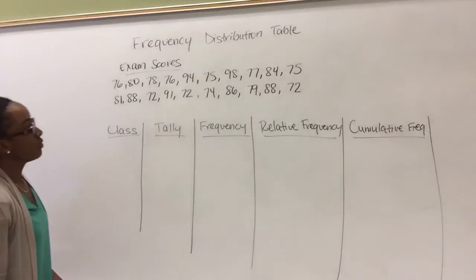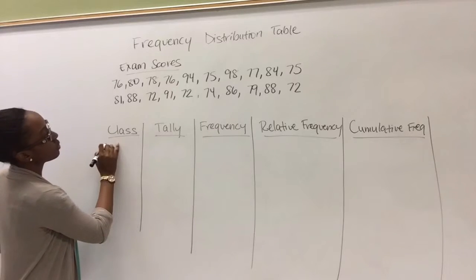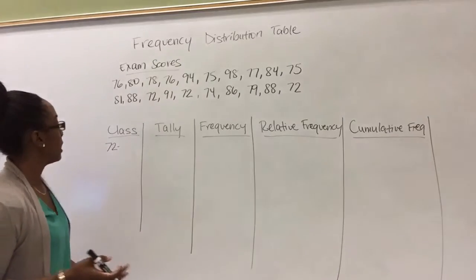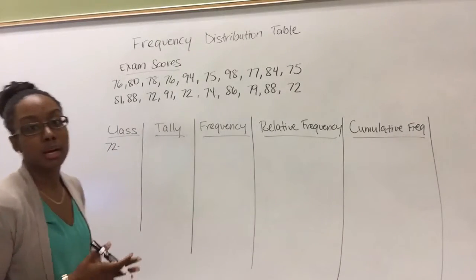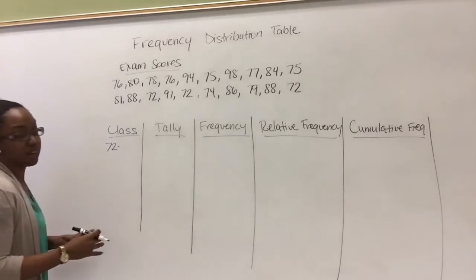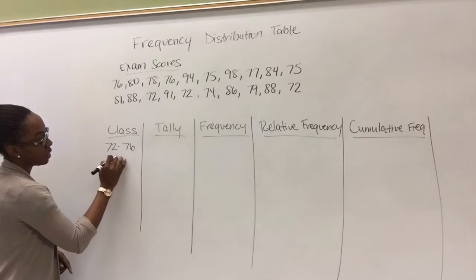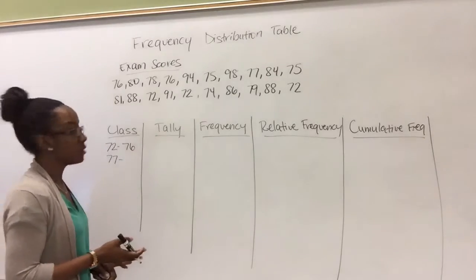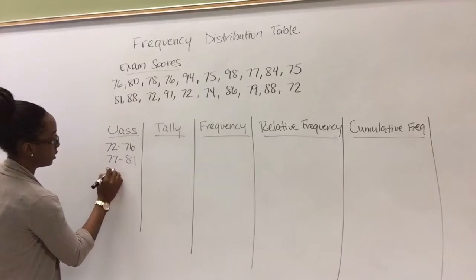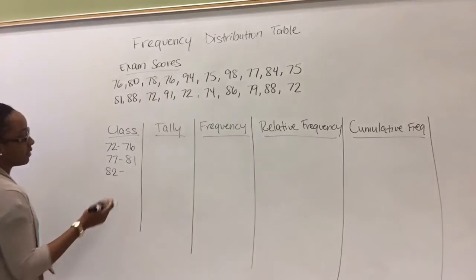Okay, so for the classes, we have our width being 5. So the first number would be 72. Now you'd use your fingers if you wish, and you would count from the number 72 up to 5 digits. So 72, 73, 74, 75, 76. And for the second number, we'd start from 77. So 77, 78, 79, 80, 81. Next makes 82, 83, 84, 85, 86,